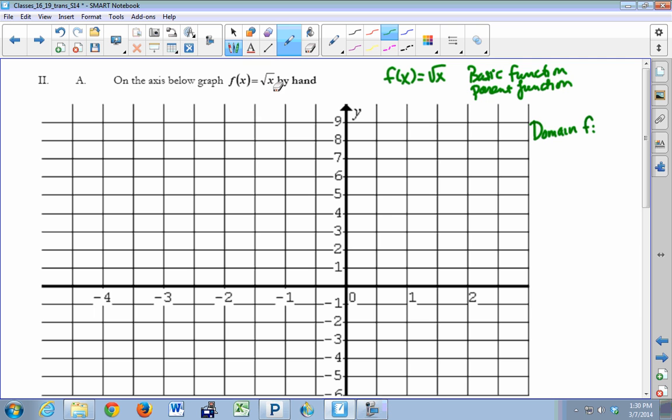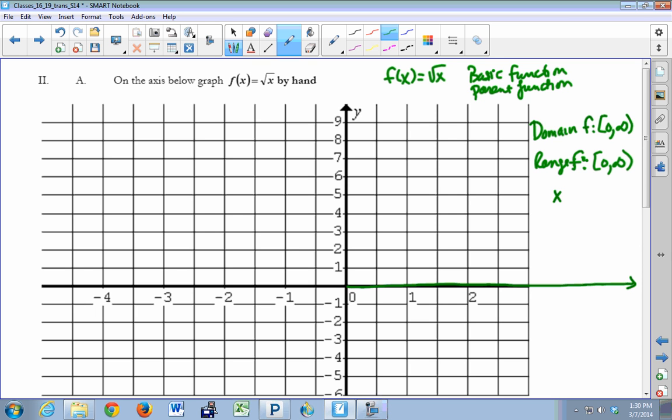So we know that to graph this, the first value that we could graph is 0. The square root of 0 is 0. And then we go out to infinity. There's no end to the x values we can put in the non-negative direction. So all the x values along this axis are allowed into my function f. The range of f, the smallest value will be the square root of 0, and then that will also continue to increase without bound. There's no limit on my output.